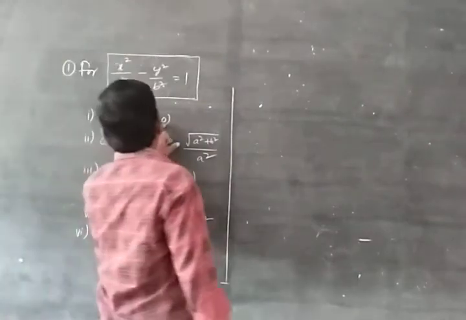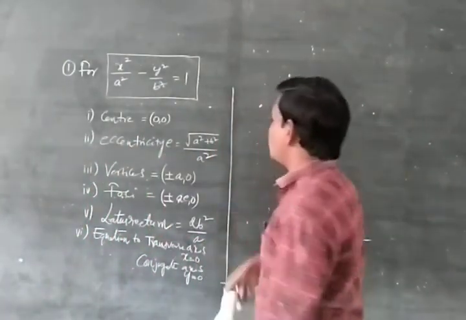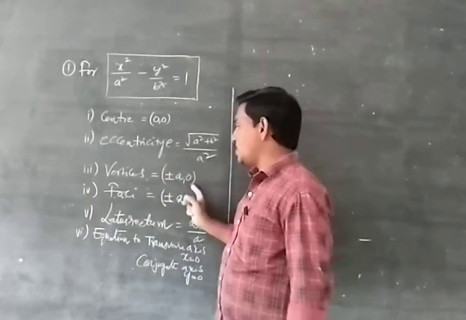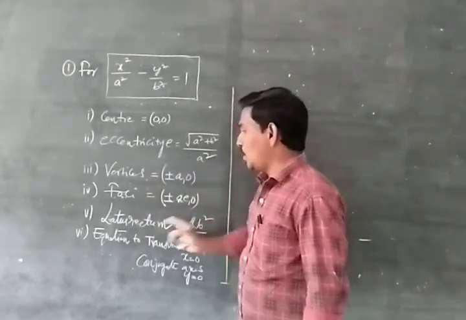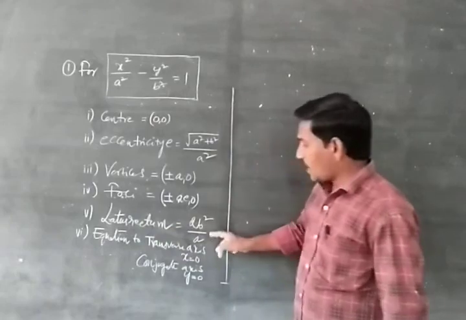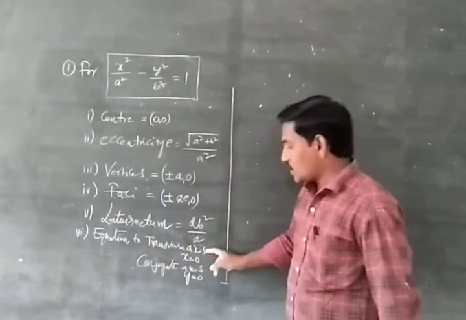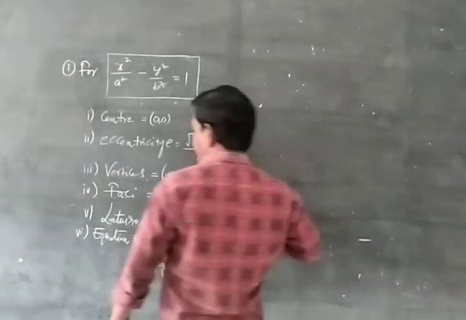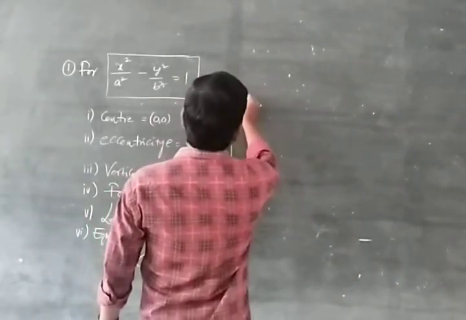Center 0, 0, eccentricity equal to root of a square plus b square by a square, vertices plus or minus a, 0, foci plus or minus ae, 0. Latus rectum 2b square by a, and equation to transverse axis y equal to 0 and conjugate axis x equal to 0. And seventh one,